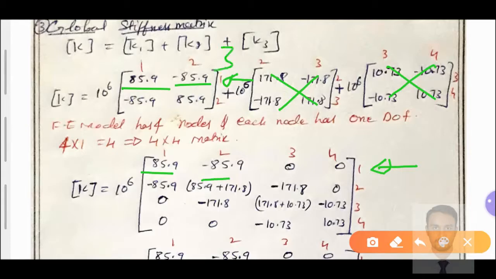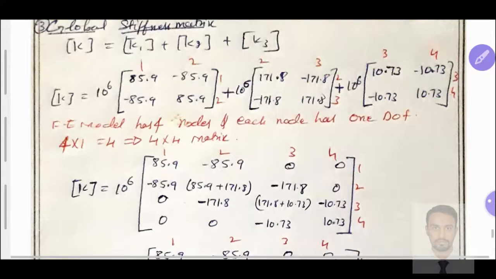We don't have any third column and fourth column in this matrix, and we don't have any row in the other two matrices. Then both values are equal to 0. The first row, third column and first row, fourth column values are equal to 0. We are very well aware of this.